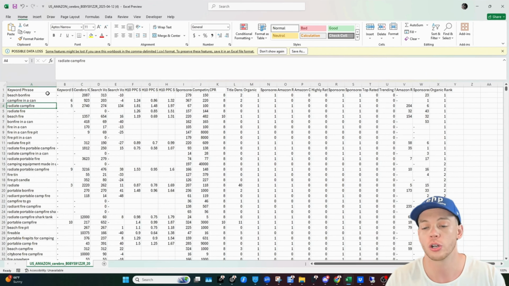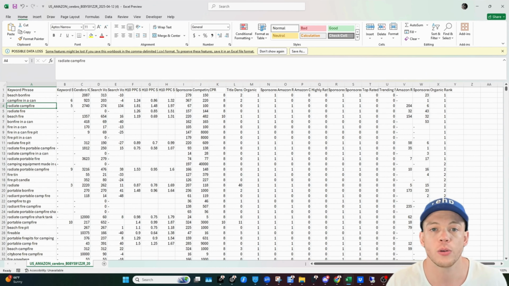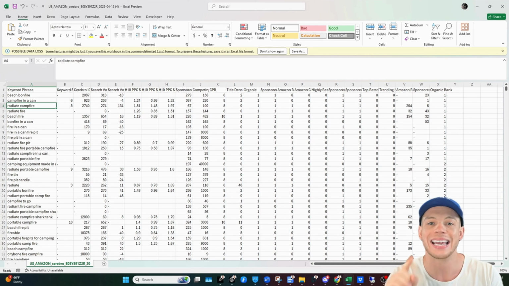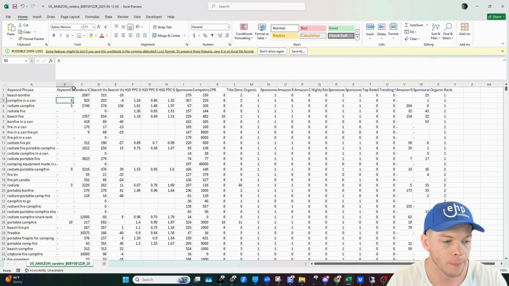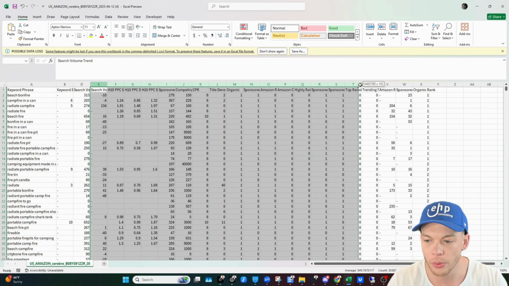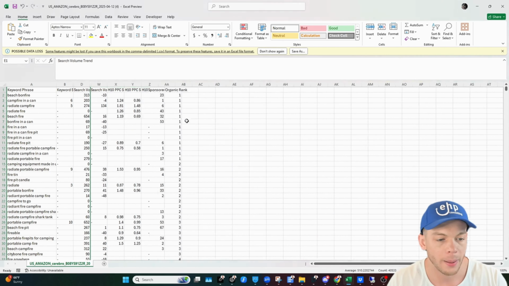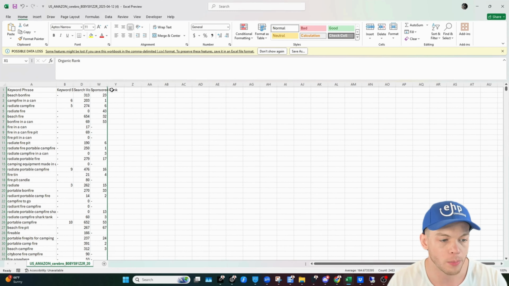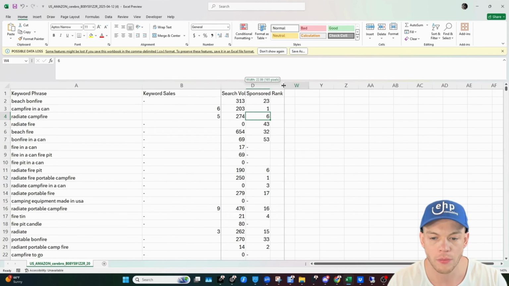What we're going to do is it's going to look a lot like this, and we're going to filter the data to just show column A, B, D, and W. So A, B, I'm going to hide C, D, and then W. I'm going to hide X. So A, B, D, W. Boom, it's going to look like this. I'm going to zoom in just for you, and then I'm going to show you how powerful